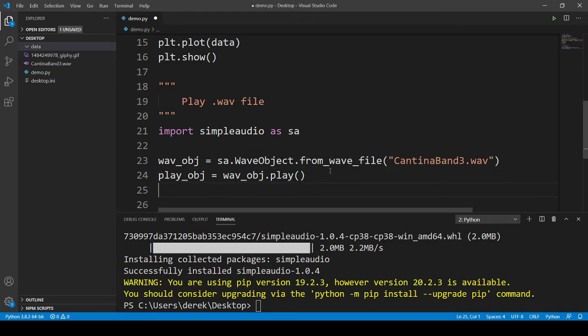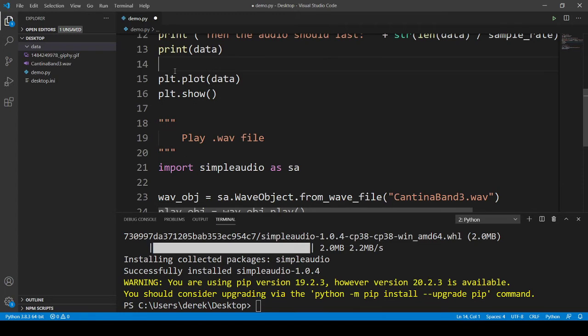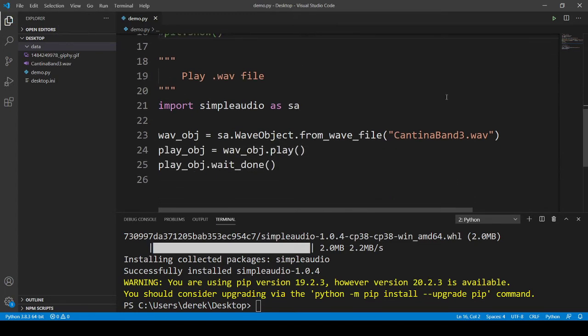.play. And what we want is for it to synchronously hang up until it's done. I'm going to comment out the